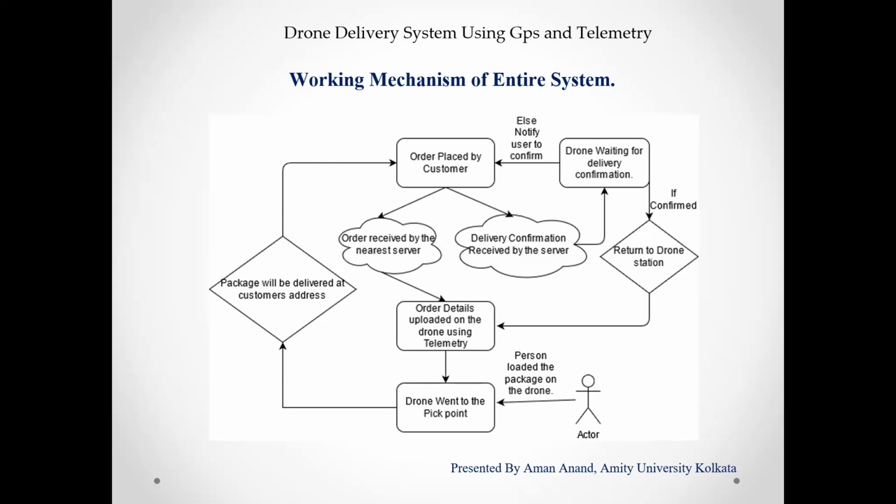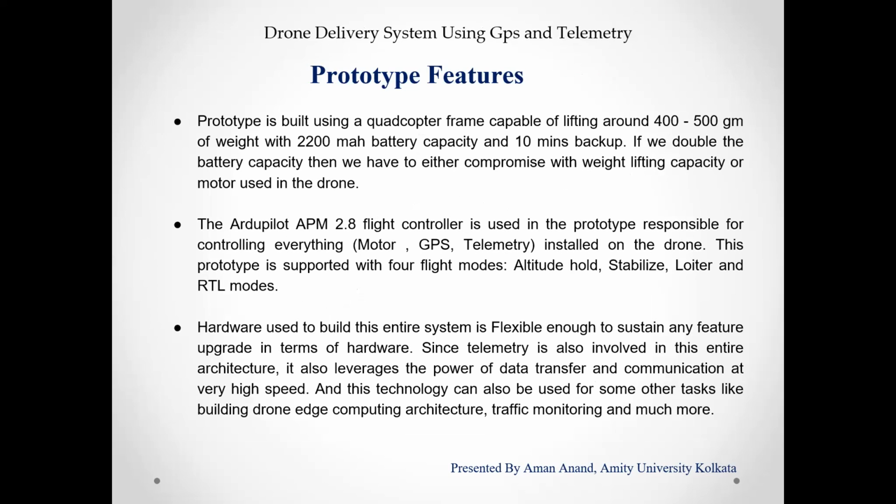We will discuss it now. So our prototype features: we are using a 2200 mAh battery and 1000 kV motors, which are capable enough to lift 400 to 500 grams of weight, and it can stay in the air for up to 10 minutes. It can be improved because the prototype that we made is based on our own budget, so that's why we used only a 2200 mAh battery. But the same architecture can be used for octocopters and hexacopters as well, which are capable of lifting heavier weights. Then we are using an APM 2.8 controller, GPS and telemetry, that you already know, which gives us